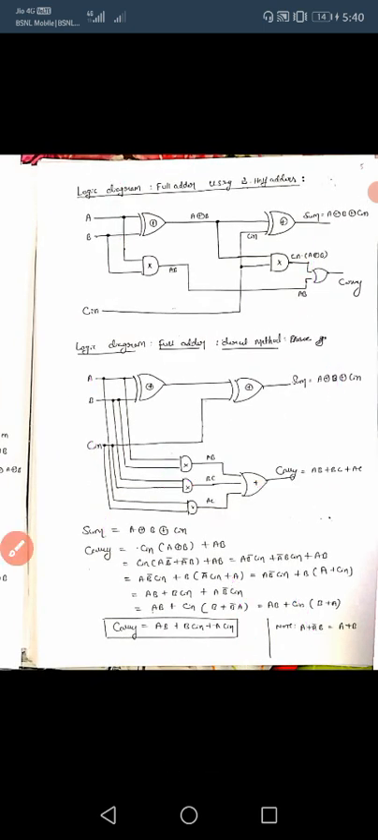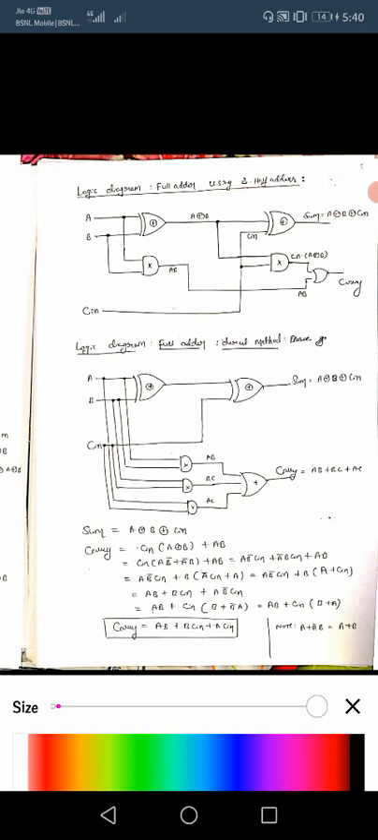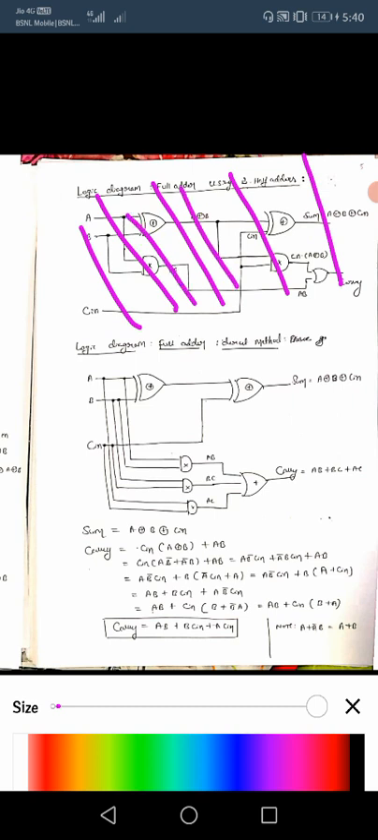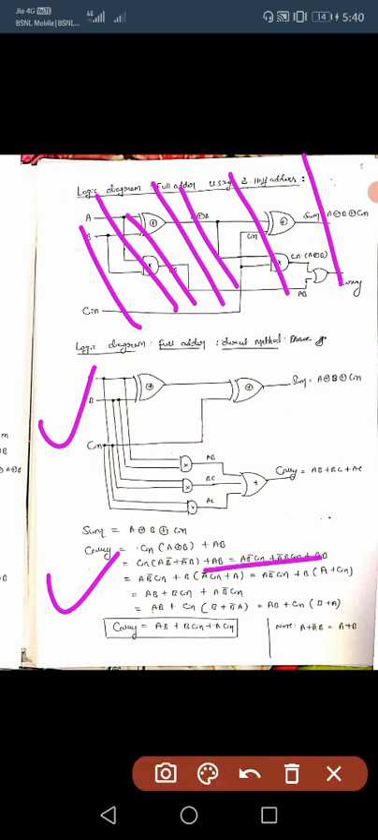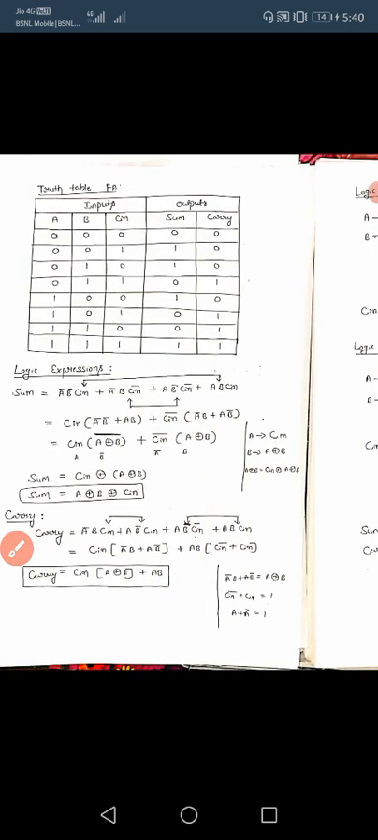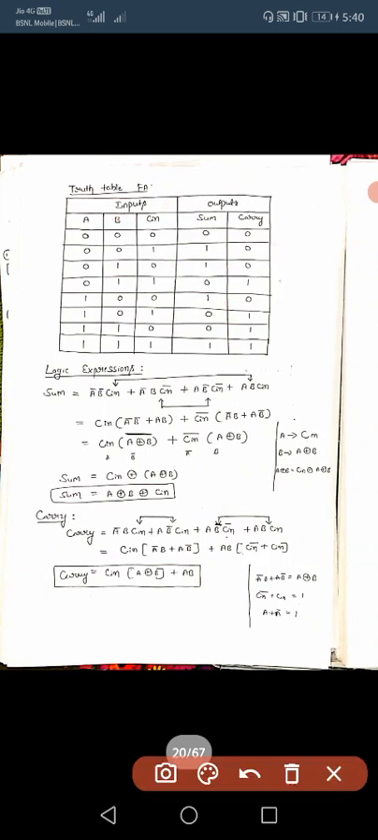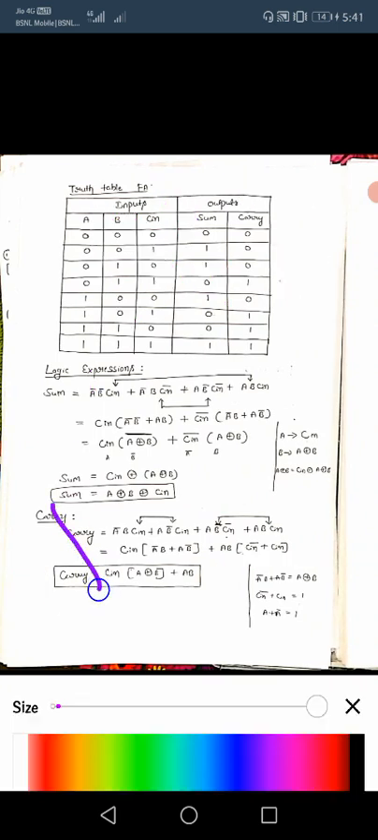Now the question is, they have asked you here, you should use basic gates, right? At that time, this you should not write. You should write this and you should write this. Okay, and also here in this sum carry, this one not needed. Okay, so this is how the full adder explanation, and here they have given it for